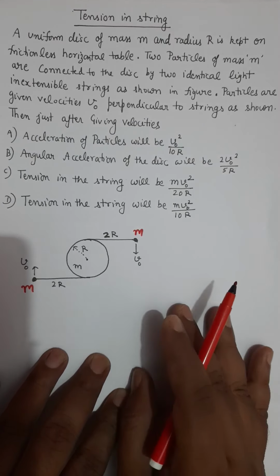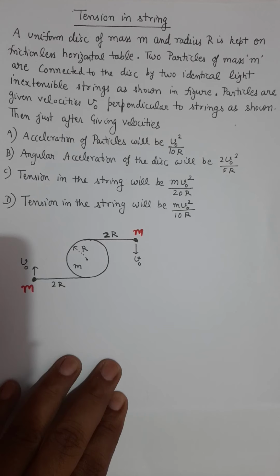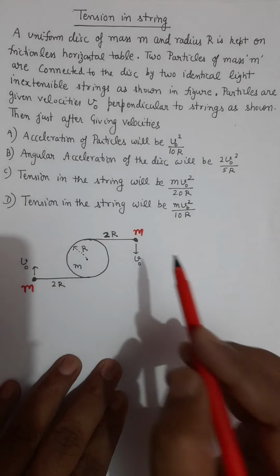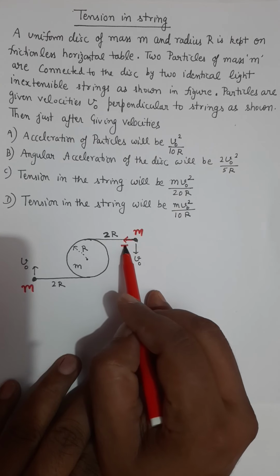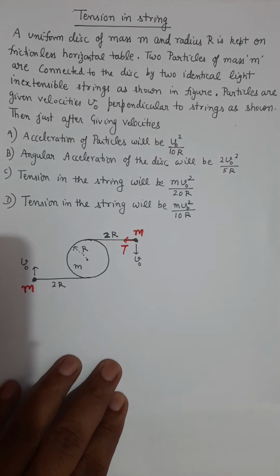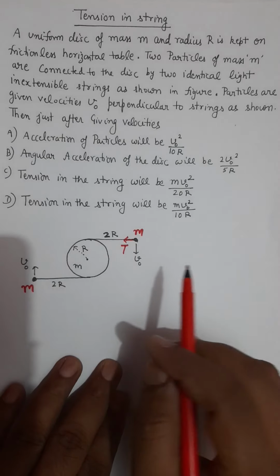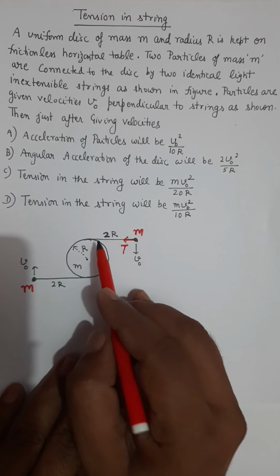To start with this problem, first of all, analysis is required. And what kind of analysis is required is as follows. The forces on this particle are just capital T in this horizontal plane. There are other forces, normal reaction force and mg, but they are not in the horizontal plane. We are interested in the forces which are in this horizontal plane. So that is only T.